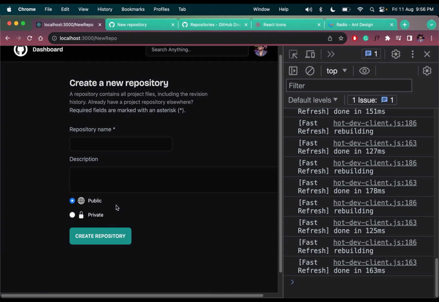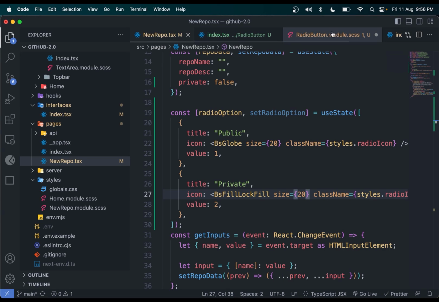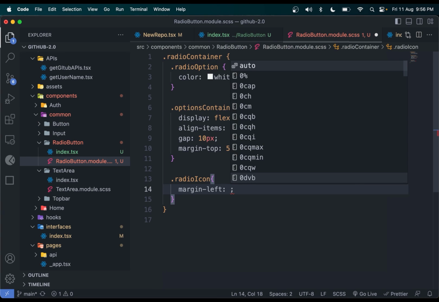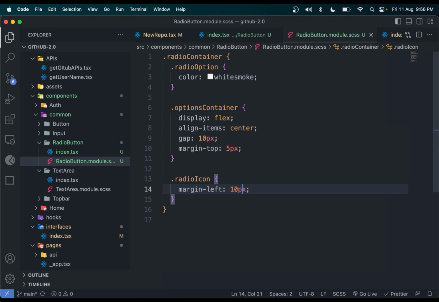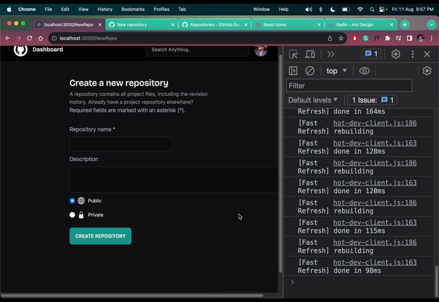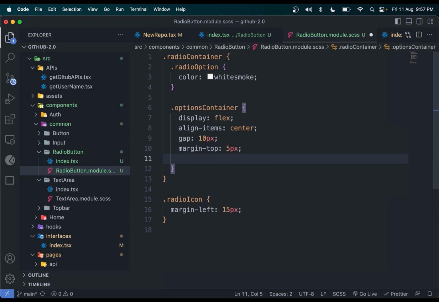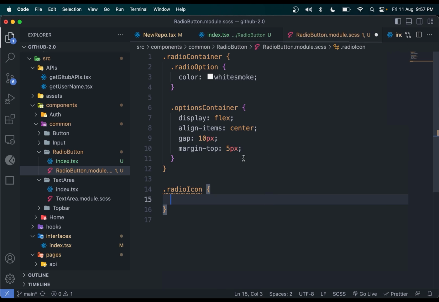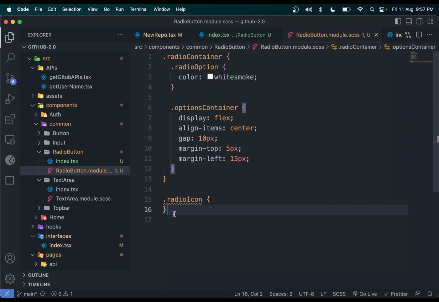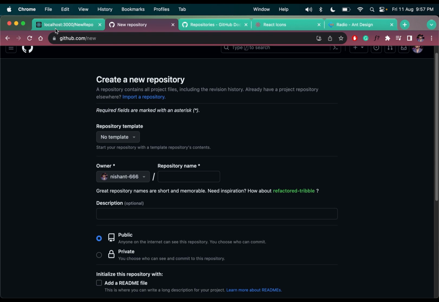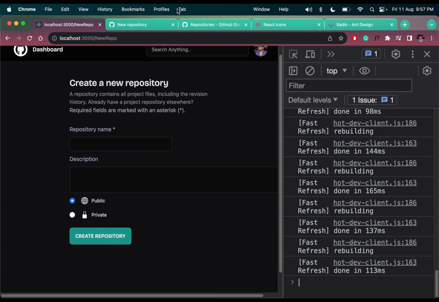The thing is, we are having a little bit of space after the icon and the option. So just make margin left 10px. What about this? Or 15? No, this is not working. Radio icon we are having. This should work. I guess this should be outside the radio container here. What about 115? No, it is not working. So what we have to do, on the options container, let me make the margin left 10px. So make it. Now it is working fine. But 15 is, I guess, too much. Try 10. 10 is fine. Public and private